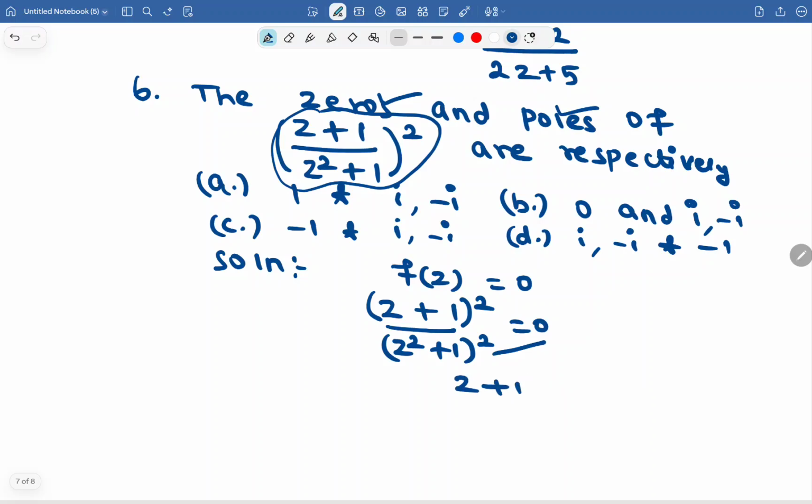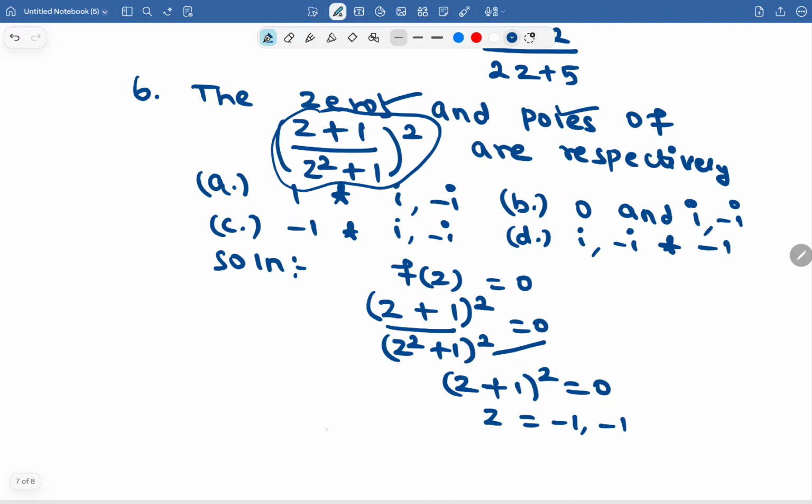Cross multiplying, (z plus 1) whole square equal to 0, z equal to minus 1 comma minus 1, and the poles